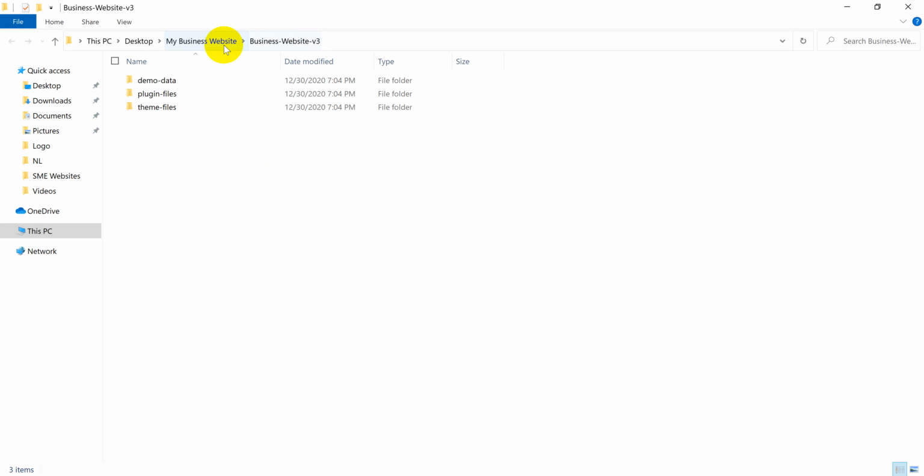Within the folder that we just extracted, you have your theme files, your plugin files here also, and then your demo data files. At the different stages of these lessons, we are going to explain what theme files mean, what the plugin files do, and why we need the demo data files. We're going to explain at different stages as we work on the different files within these folders. But at this stage,